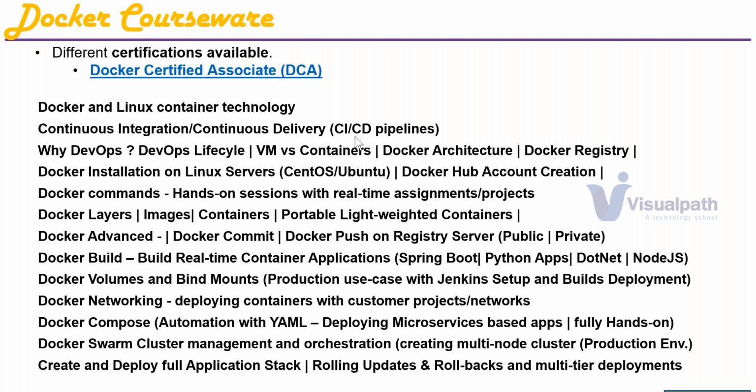Why DevOps? We need to understand that. In DevOps there are two terms. One is development, which we call Dev, the first three letters. Ops means operations. Basically, there was no collaboration. The development team codes and says, okay, operations team, you can deploy on the test environment. And when they deploy, the application doesn't run.